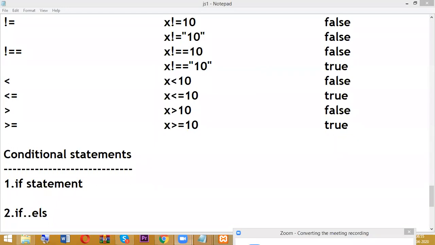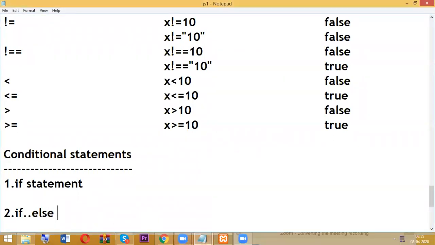Okay, fine. So you are able to view my screen, right? Right. Okay. So if else statement. I am using a trial version of Zoom. In the trial version, it is only 40 minutes. After 40 minutes, it is going to disconnect. No problem. Again, I can create a new meeting and send it like this.